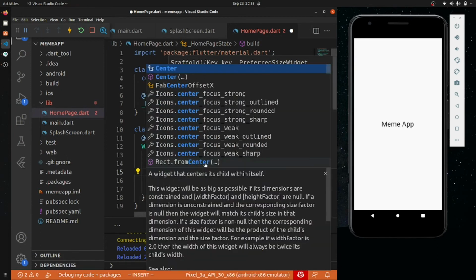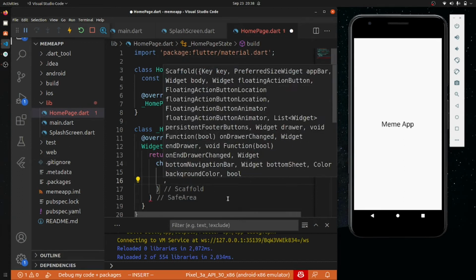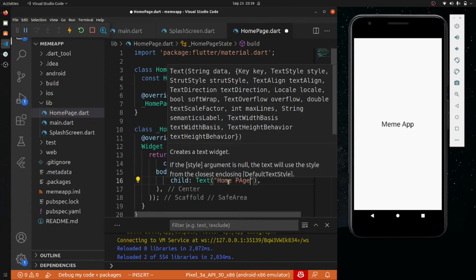Again we will have a center, not this center. I don't know why this thing happens. In this center we will add a child, and it will be a text, home page.